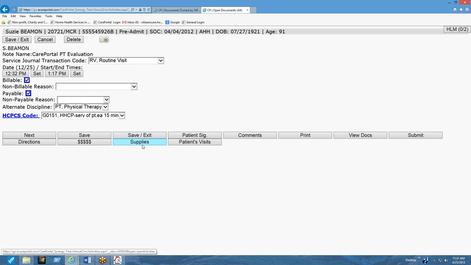And then I know why it wasn't showing up, because these are old patients and they're more than 30 days ago or 60 days ago, so it's not letting me search for any patients. But if you were on the field and you had patients assigned to you, you would be able to use that search patient to look up whatever patient it was. But if I go into patients visits